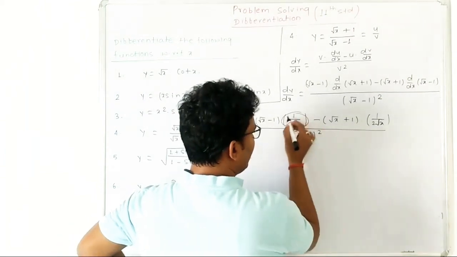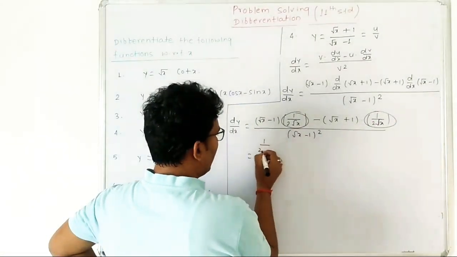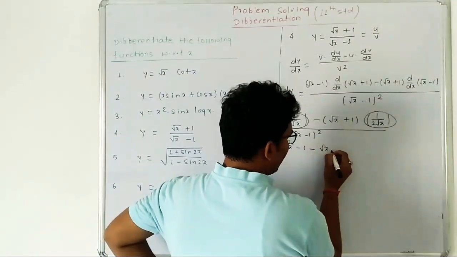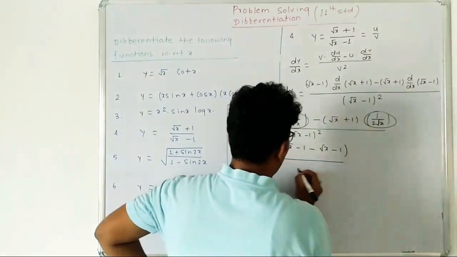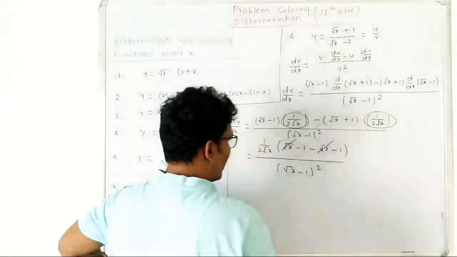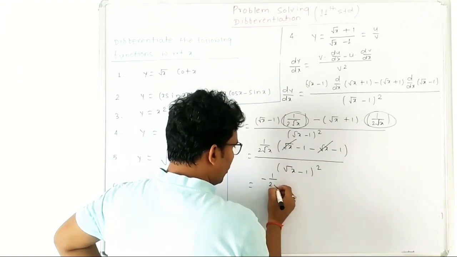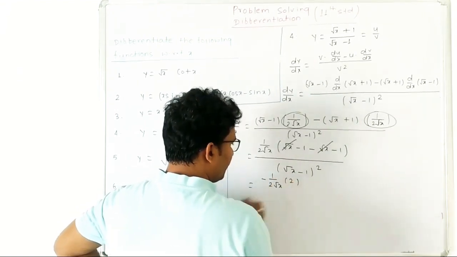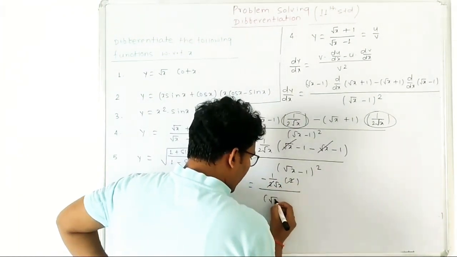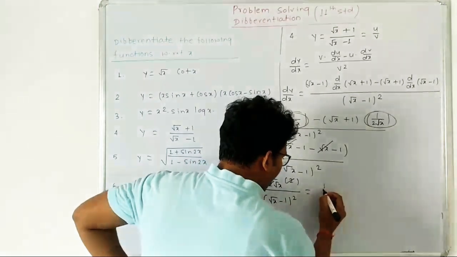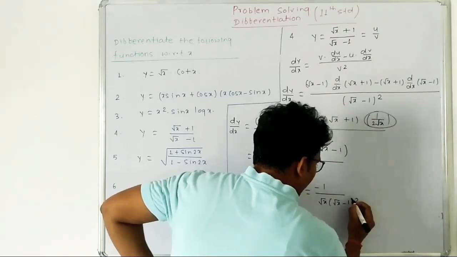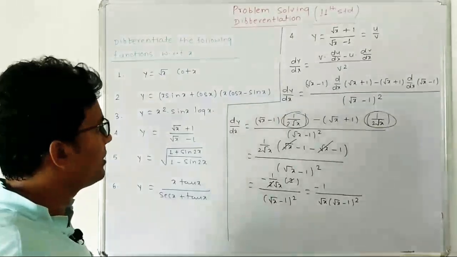So 1 by 2 root x is here and here also, right? So we can take 1 by 2 root x as common. So remaining is root x minus 1 and minus root x minus 1, and whole upon root x minus 1 the whole square. So can we cancel these two root x? Okay. So what is this? Minus 1 by 2 root x and into 2. Right? Minus 2. So minus मैंने बाहर ले लिया और 2 कैंसिल हो जाएगा यहाँ पे, नीचे बचेगा root x minus 1 the whole square. That is, the answer is minus 1 by root x into root x minus 1 the whole square. Correct? So this is the answer of